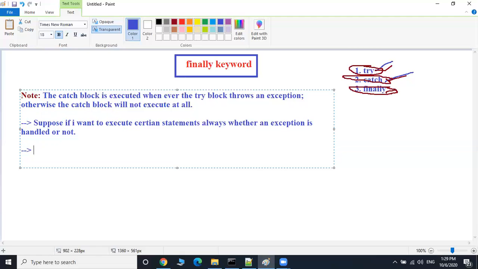In order to achieve this, we have a keyword called finally.